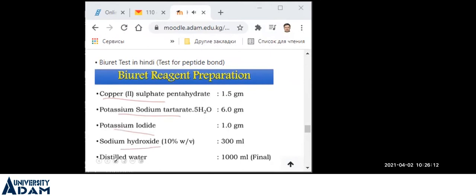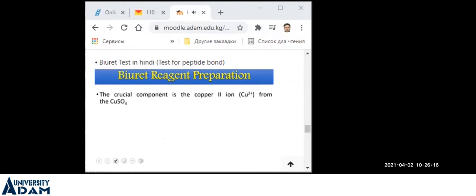अब इसमें जो 4 इंपॉर्टेंट कंपोनेंट हमने यूज किए, कॉपर सल्फेट, सोडियम पोटेशियम टार्टरेट, पोटेशियम आयोडाइड एंड सोडियम हाइड्रोक्साइड, इन चारों की अपनी सिग्निफिकेंस है। तो सबसे इंपॉर्टेंट कंपोनेंट जो है वो कॉपर सल्फेट होता है। कॉपर सल्फेट में भी कॉपर +2 आयन जो नॉर्मली कोऑर्डिनेट बॉन्ड बनाता है पेप्टाइड बॉन्ड्स के साथ। पेप्टाइड बॉन्ड में भी स्पेशली नाइट्रोजन के साथ, नाइट्रोजन का लोन पेयर जो होता है वो बॉन्ड बनाता है कॉपर के साथ।